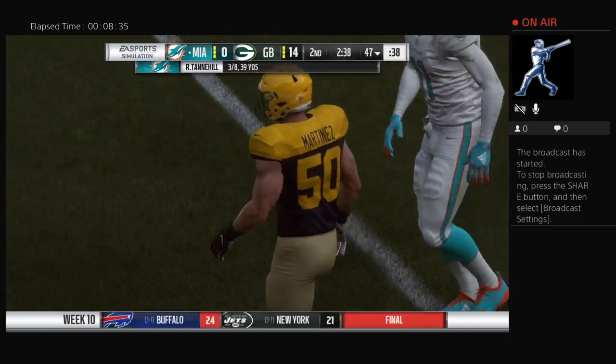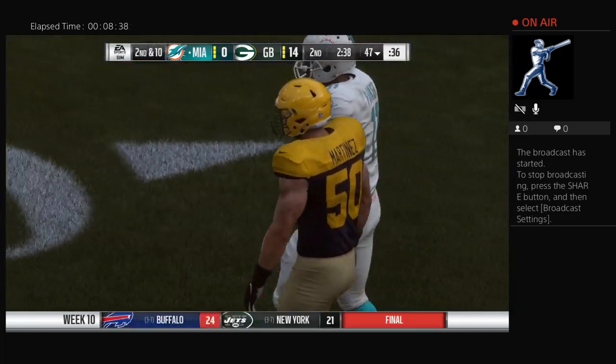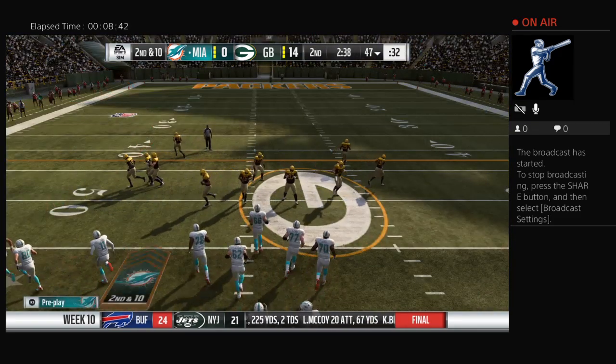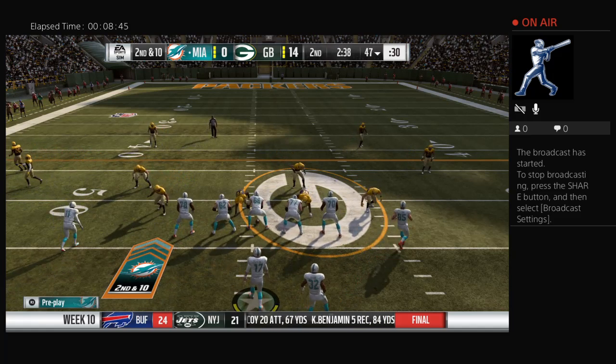And now a throw on first down there, but it's incomplete. He couldn't quite hold it. Got hit. Ball pops out. Incomplete. Well, oftentimes when we get a chance to talk league,